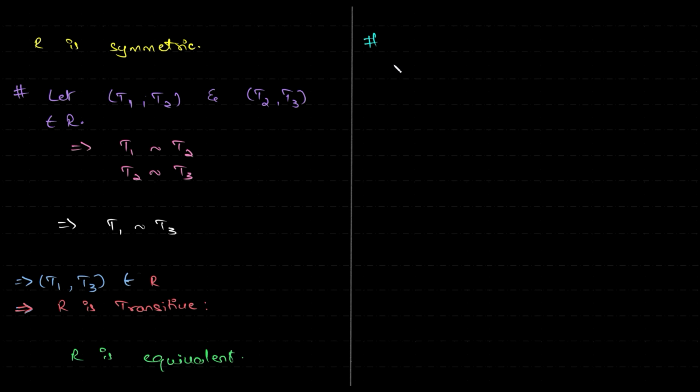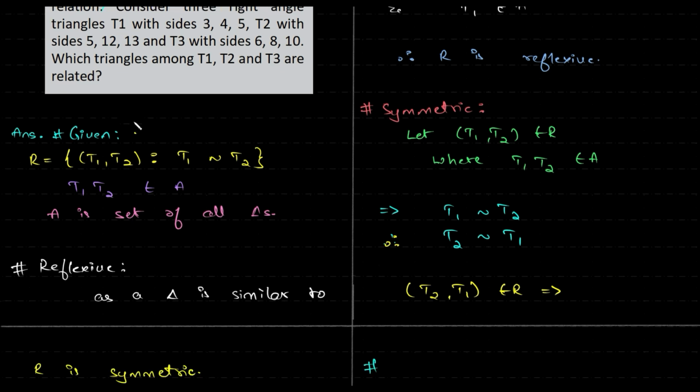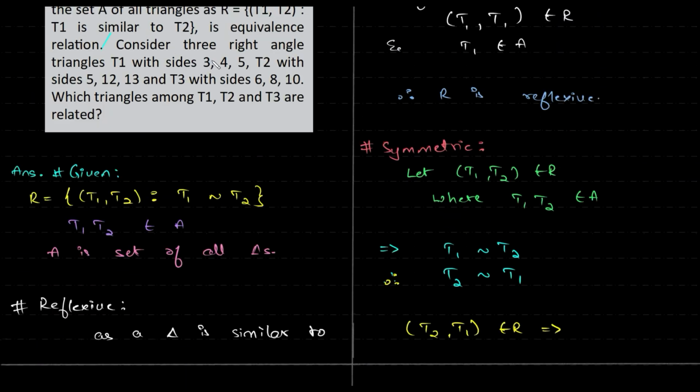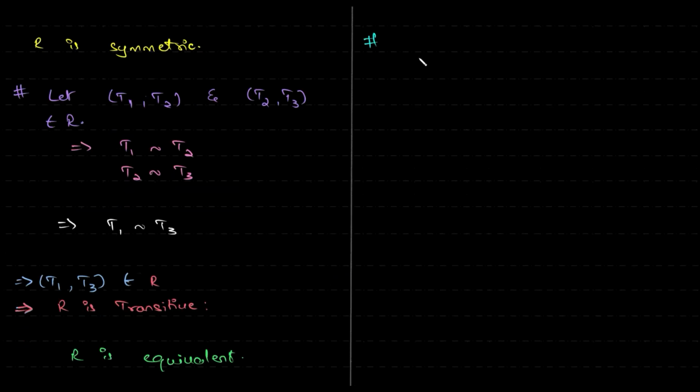Now a simple and direct question, what do we have over here? Consider three right angle triangles with these as their sides. Which triangles among T1, T2, T3 are related? So it's quite simple. 3, 4, 5; 5, 12, 13; 6, 8, 10. Clearly 3, 4, 5 and 6, 8, 10 are the ones which are related. Triangle T1 and T3 are related